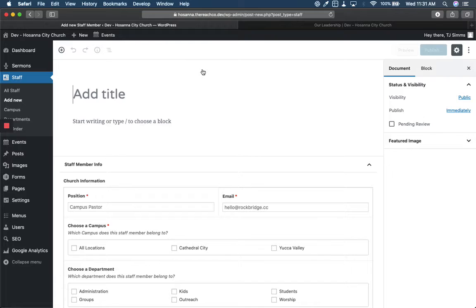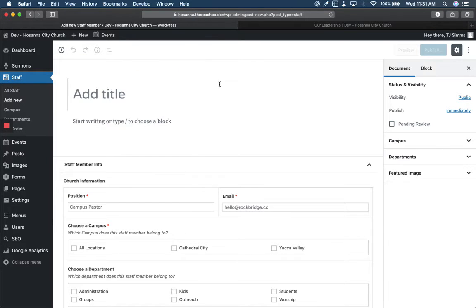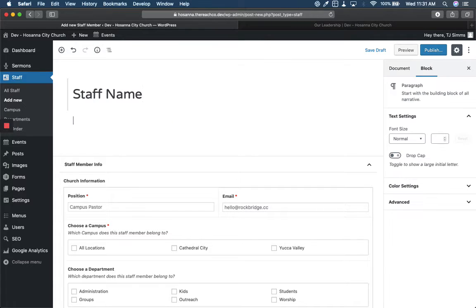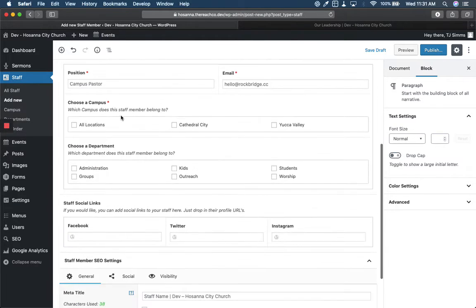And your first time in here, you'll see little pop-ups for Gutenberg, the WordPress builder and such. So I'm just going to add staff name here. I'm going to write some biographical info. If I can type. I'm going to copy that a few times. Try to keep that short, a few tweets long. I'm going to say this is staff pastor. And his name is